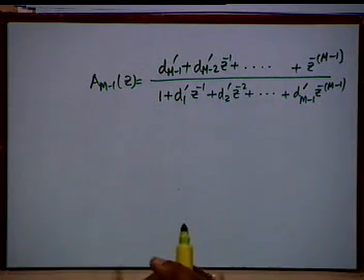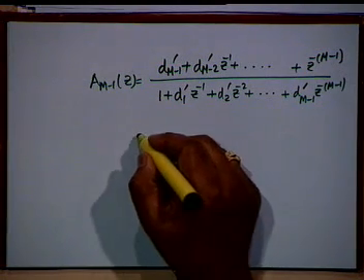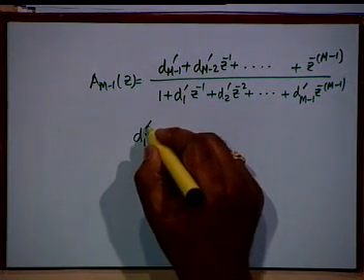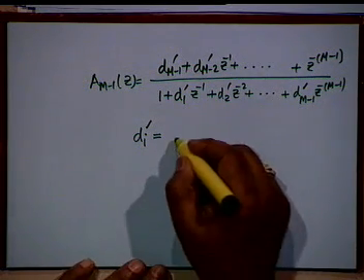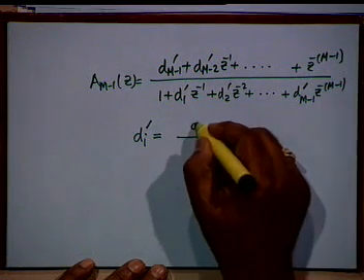It is an all pass function, okay, where obviously the relationship is di prime, the coefficients are di